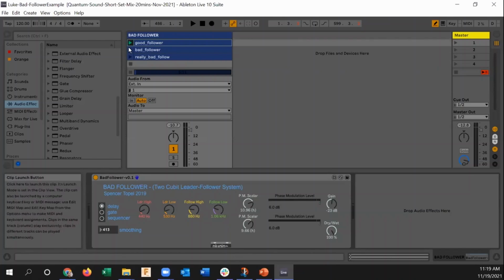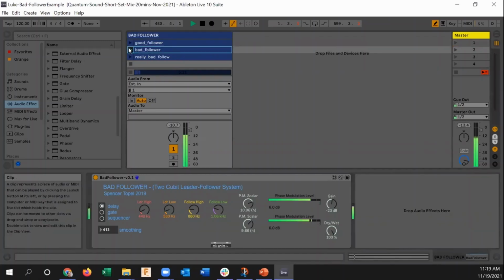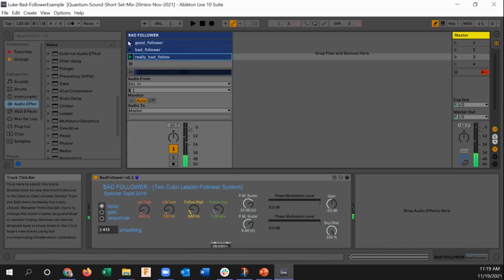However, when the measuring is weak and the connection is weaker, you end up getting bad following. Still correlated, but not as much. And then finally, it's decorrelated. It sounds somewhat similar, but not played together. So again, good behavior.